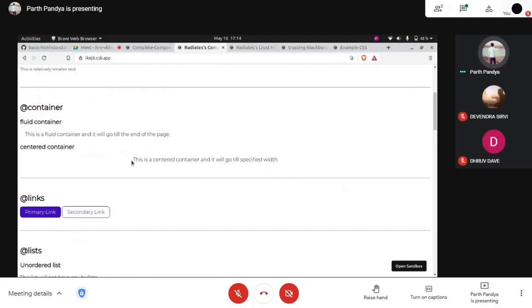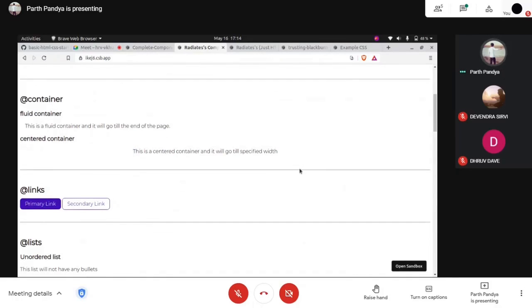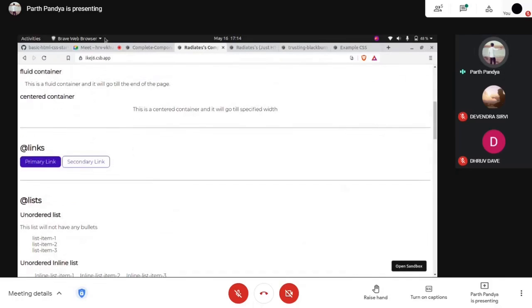Okay. So why is the text in the center? We have defined margin auto, and we have also defined the maximum width this particular content can acquire. The maximum width we have defined as 600. So it will acquire an area of 600 width, and it will also give auto margin to both sides of it. That makes this text look centered. So that's how we can center elements in HTML using CSS.